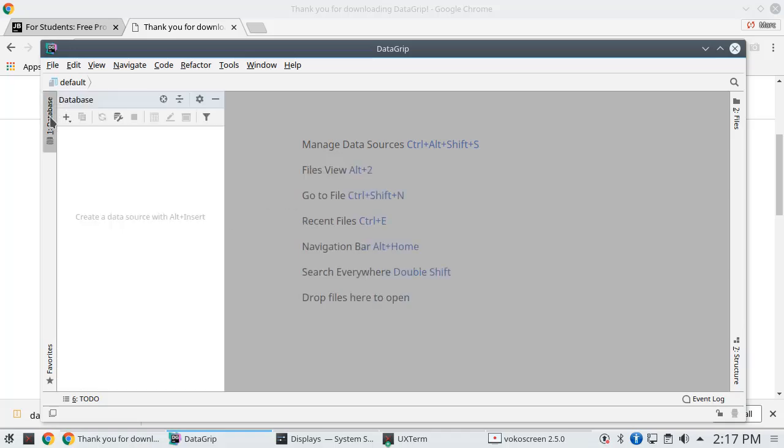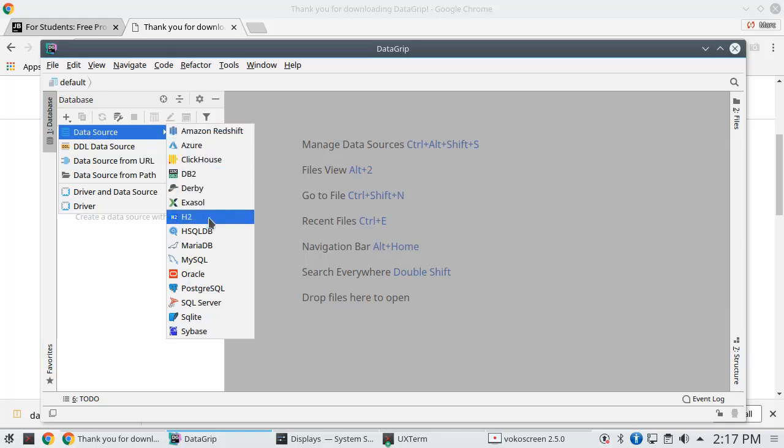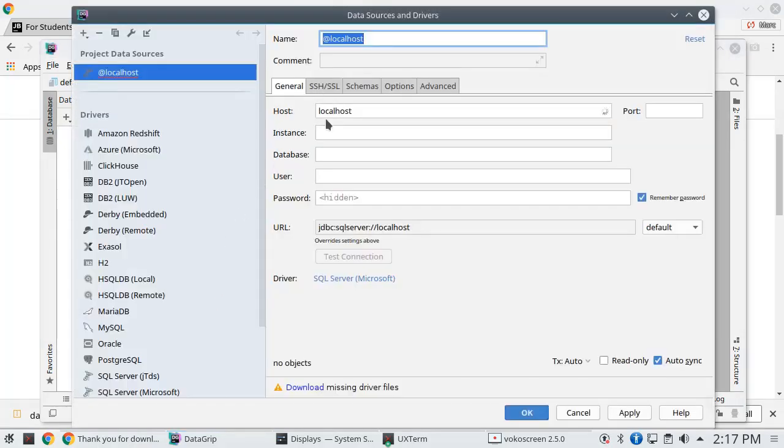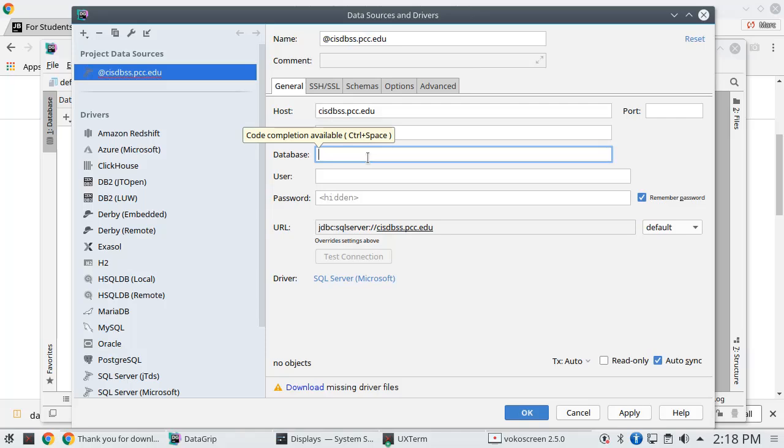If I open this database here, I'm going to have a little plus with a drop down, and I can add a new data source. The type of data source I want is SQL Server. We're going to configure a data source for a database that we're running at PCC. PCC is running an instance of Microsoft SQL Server on a machine called cisdbss.pcc.edu. That's going to be the host here, cisdbss.pcc.edu. Then you can also specify a database, and this is handy for autocomplete. For the demo, I'm just going to start with names, which is the name of one of the databases on